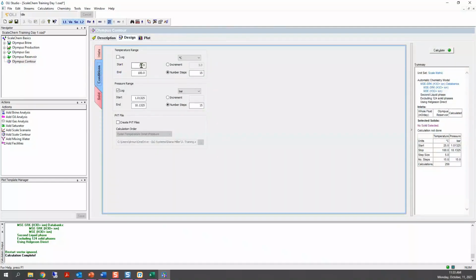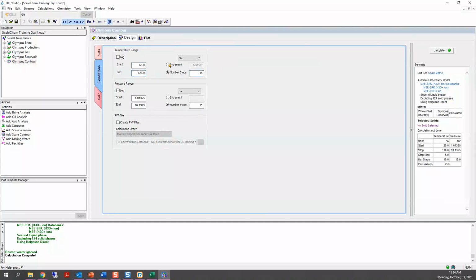In here, again, we are going to define the temperature range and the pressure range. For temperature range, we can define the start temperature as the low temperature that we have during production, that is at the separator, which is 60 degrees C. And the highest temperature is the one that we have at reservoir conditions, which is 125.